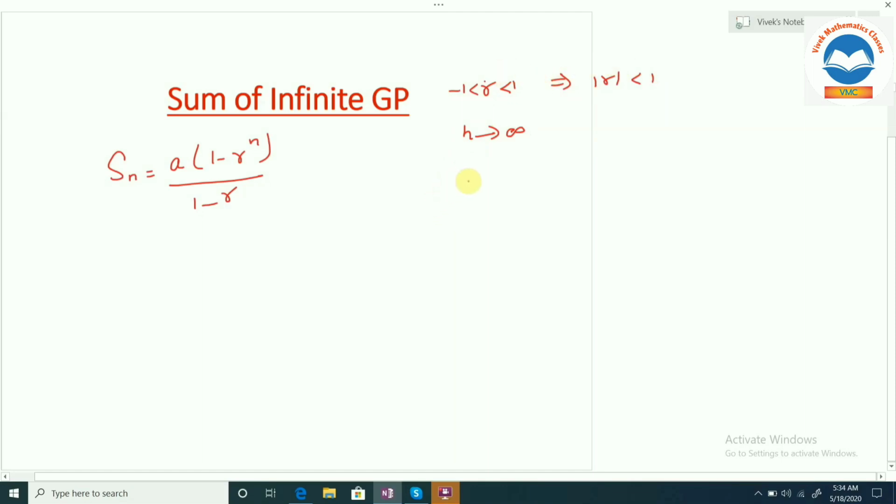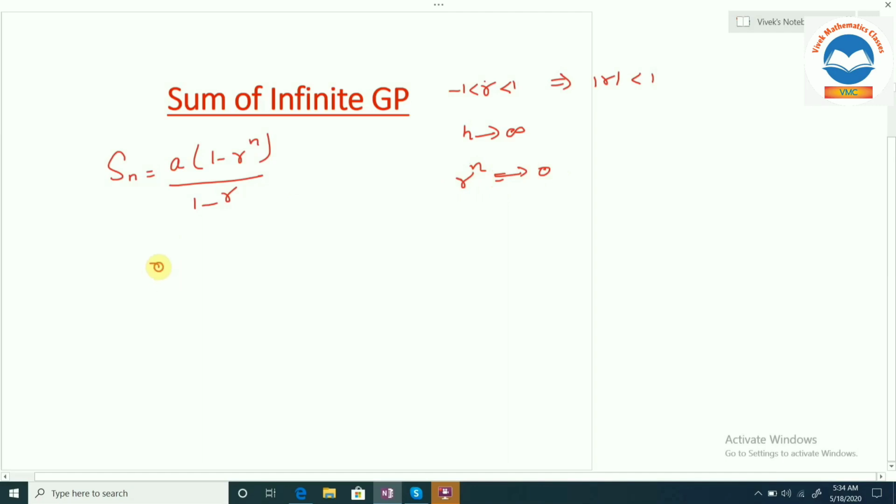So what will happen to R to the power n? See, R is varying from minus 1 to 1. Let's say I take the number 1 by 2, which is in between, a valid value of R. If you square this, you will get 1 by 4. We are reducing. If you cube it, you get 1 by 8, even lesser. So if you put power infinity, it will be tending towards 0, approximately equal to 0. So this R to the power n will be tending towards 0.